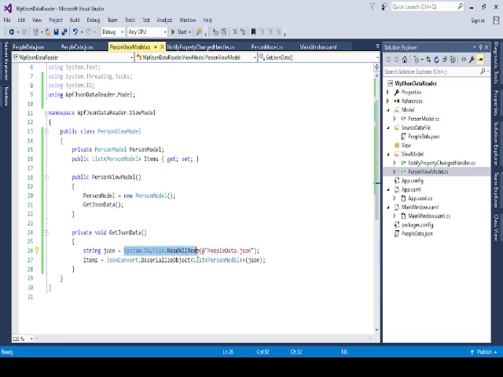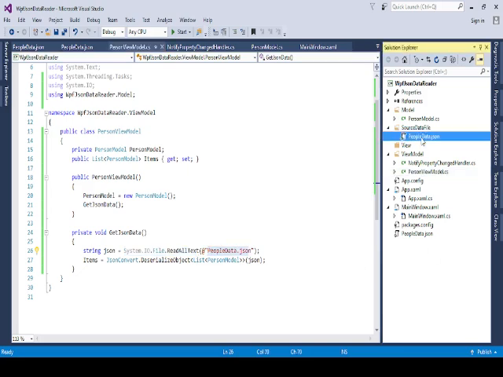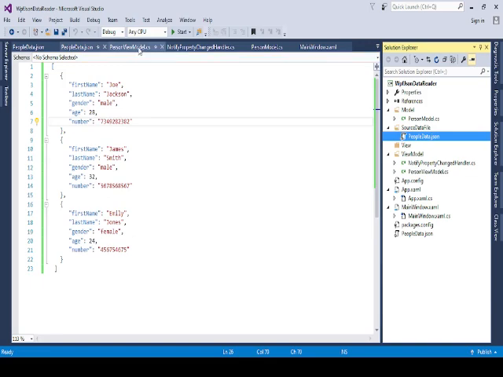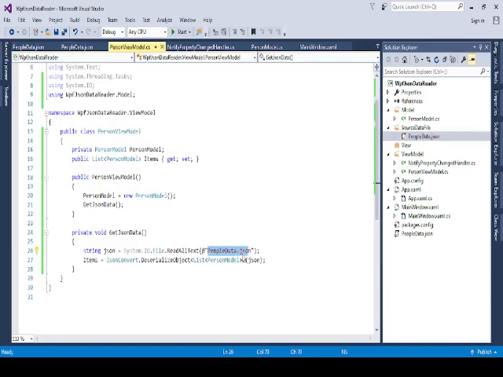Here read the data from this people.json file. Here is this file, people.json file. Now it will read all the file as it is from the JSON to the string JSON, string name as a JSON. Now we deserialize